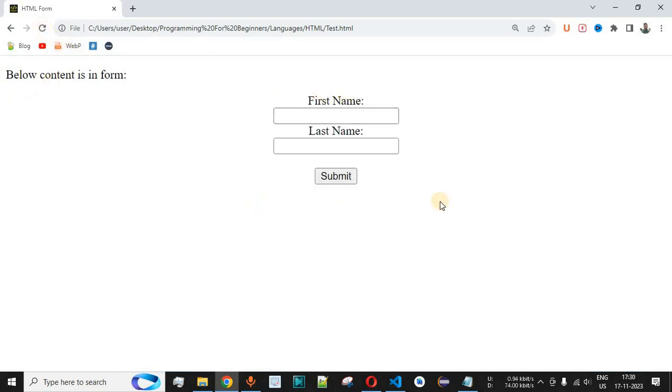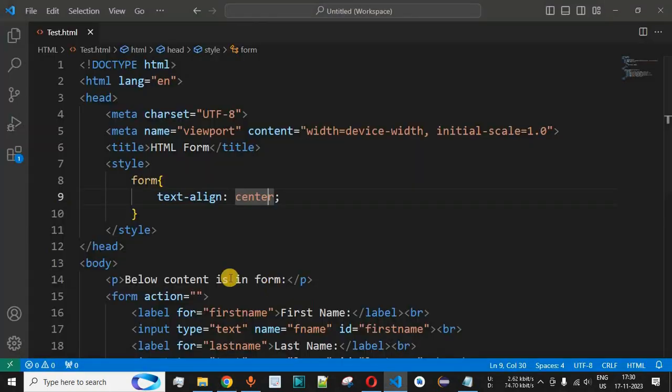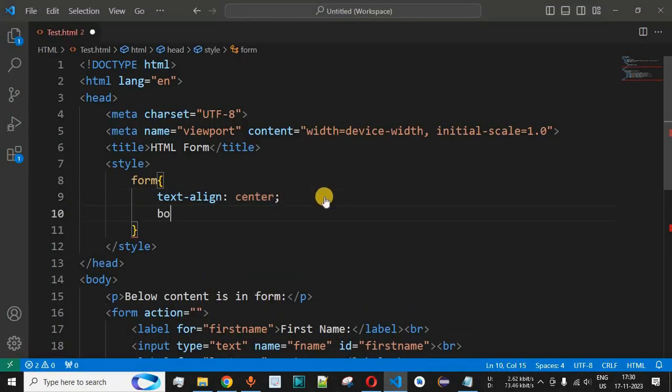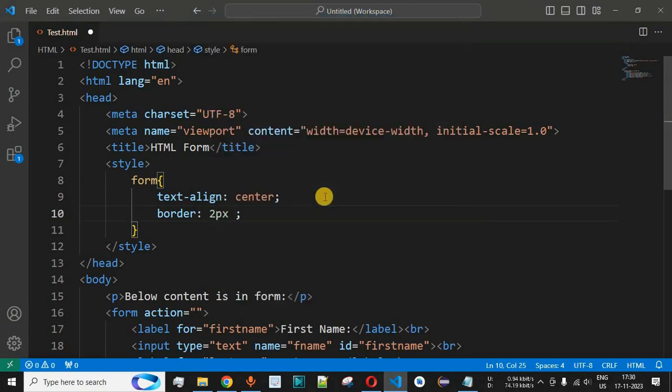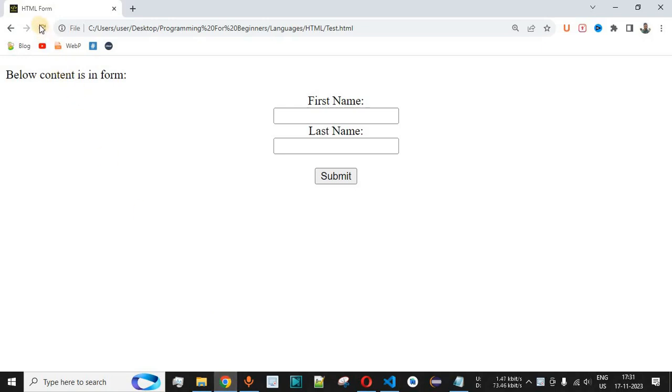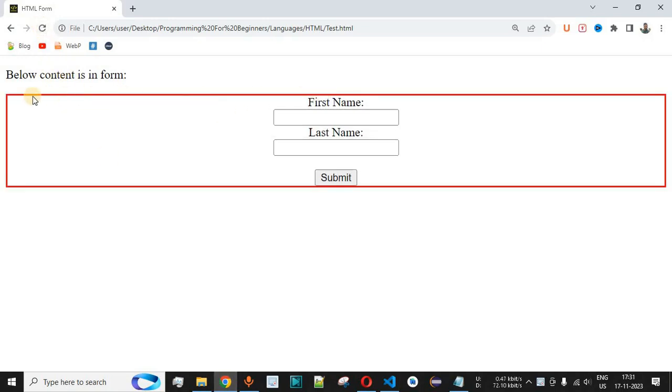So as you can see, the form is being center aligned over here, and we can also provide the border as well. So let's say we provide the border and it is going to be 2 pixels over here, which is of the type solid. And then let's say we provide the color of the border as red in this case. Let me just save this file now and try reloading this page once again on the browser. So as you can see, the border of this form is being given, and it is a 2 pixels border with a red border color over here. It is not looking that attractive, but guys, this is the basic knowledge that you should know about the forms over here in HTML.